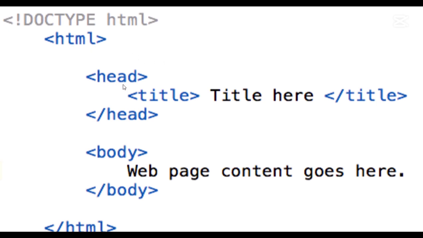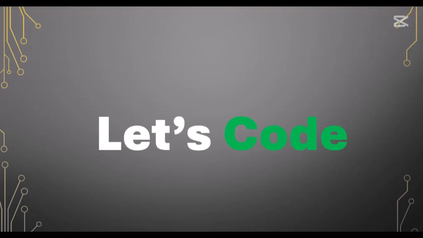HTML. And we have the head, and in the head you're gonna have an element called title, and the title goes here and it has a closing tag. So title is not a self-closing tag, but doctype is. And you close the head, you have body, the web page content goes inside the body, you close the body, and you finally close your html tag. So let's not talk too much, let's go into the coding and we'll see all those tags